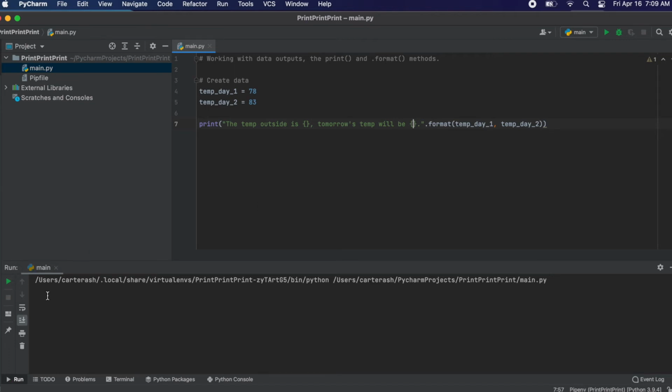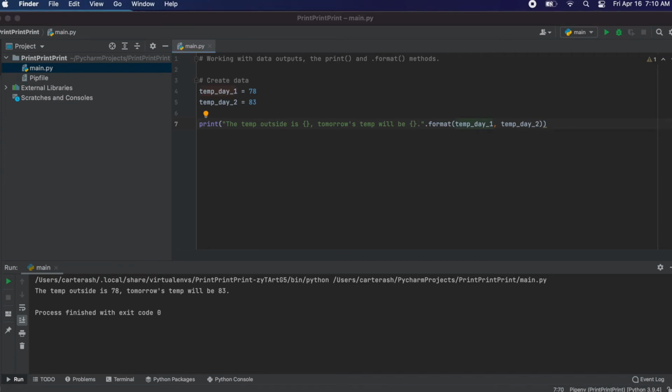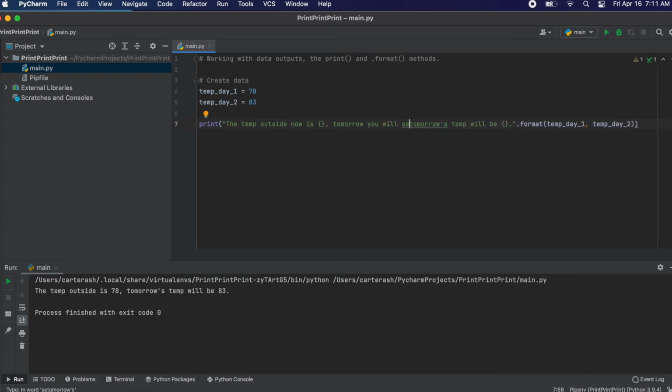So if I hit run, you see the temp outside is 78. Tomorrow's temp will be 83. The last thing we're going to look at is adding just another piece of data inside the format option. And it's going to be a little bit different compared to the temperature data. I just want to show this, and then maybe I'll create a third variable. But we could say the temp outside now is, we'll say tomorrow you will see a